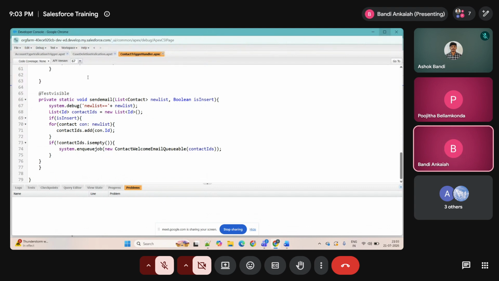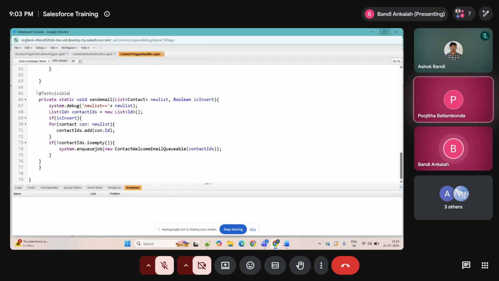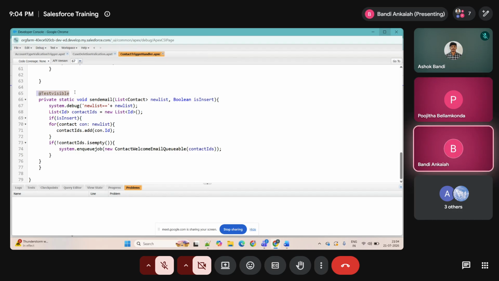Okay, automatically when the class is running, for example, ContactTriggerHandlerTest. Okay, that is the test class name at the time. So this method will automatically be covered. Okay, no need to write any separate test method for this private method. Okay, this will be covered as part of this annotation itself. That is the meaning of